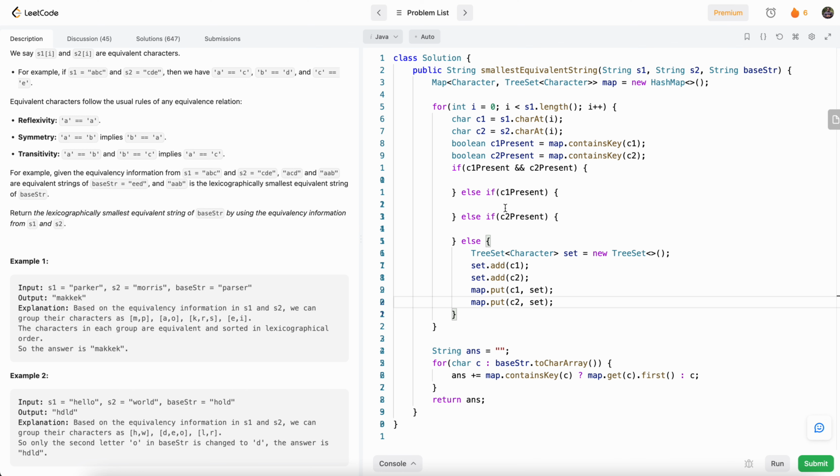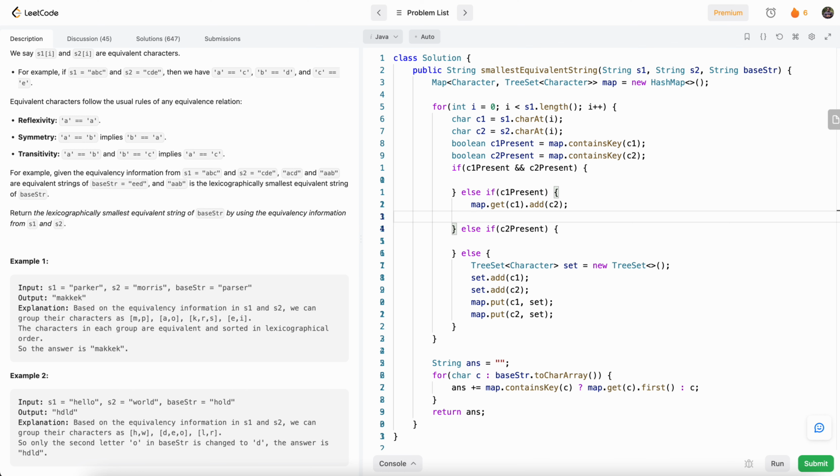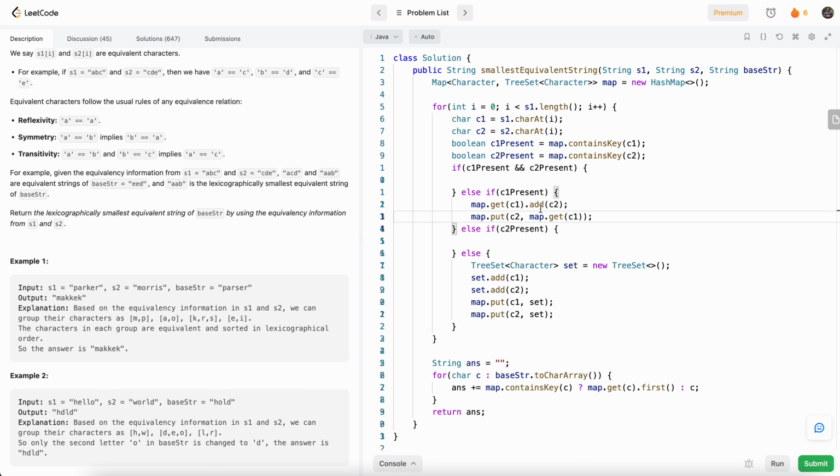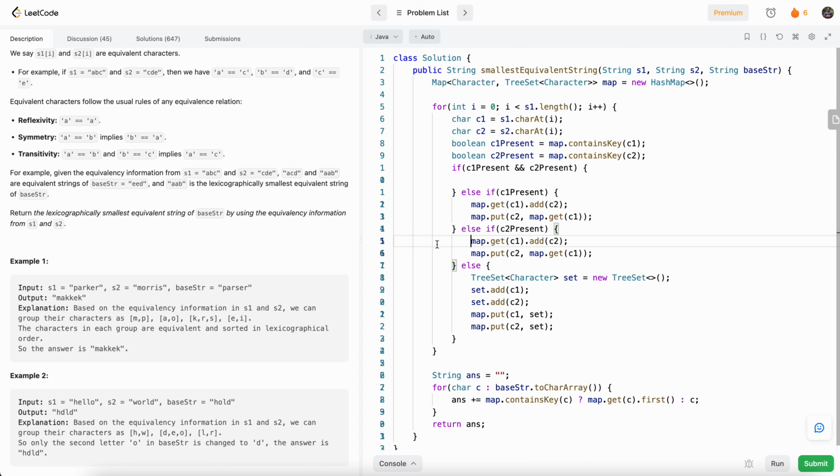So now that we have that case, let's go ahead and create the case where only C1 is present. So if only C1 is present, what we need to do is get the set that's at C1 and add C2 into it, right? So we get the set where C1 is and we add C2, and then we insert the same set reference for C2. So we have C2 and map.get C1. So this will insert the same set reference for both C1 and C2, and then we just do the opposite in the case where only C2 is present. So instead of map.get C1, we'll do map.get C2 and add C1, and over here we'll put C1